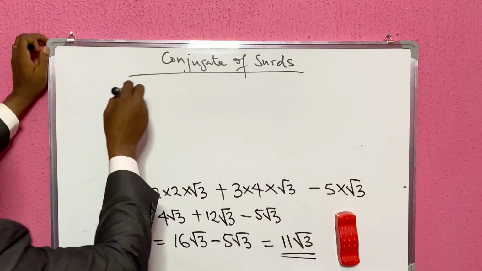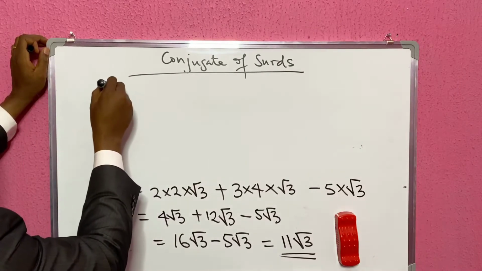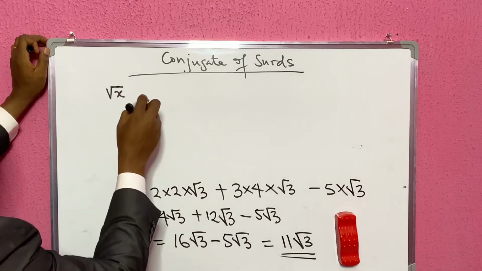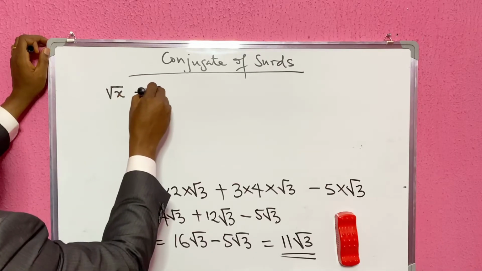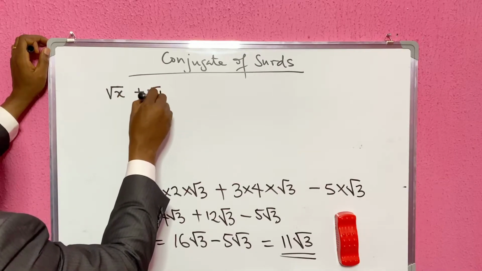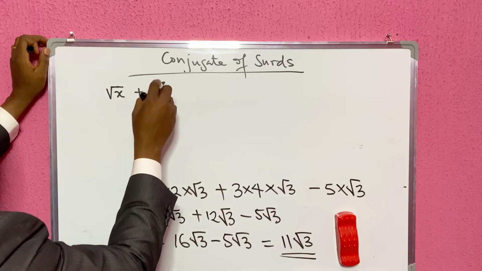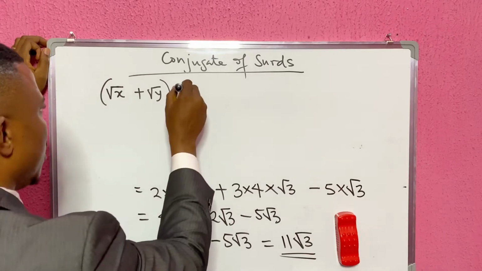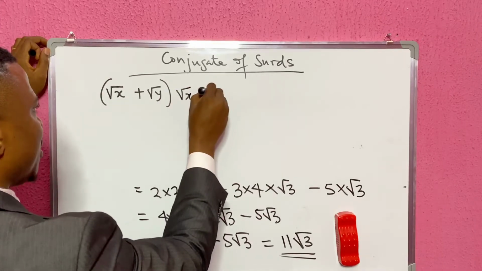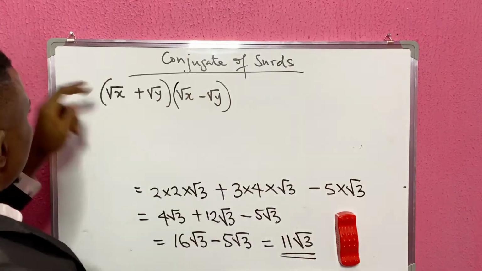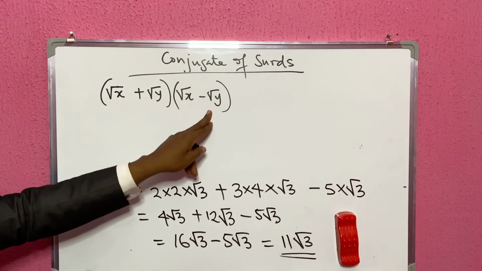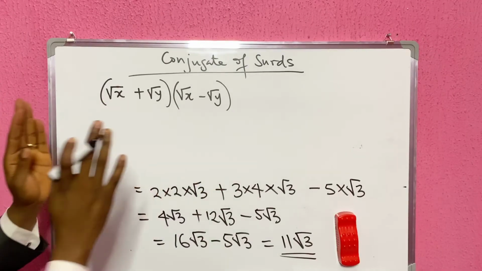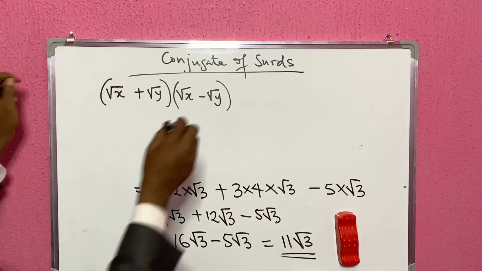For example, surd x plus surd y, bracket, surd x minus surd y. So this is the conjugate of this, because they are conjugate surds, because when I multiply them, I'll have a rational number. That is to say,